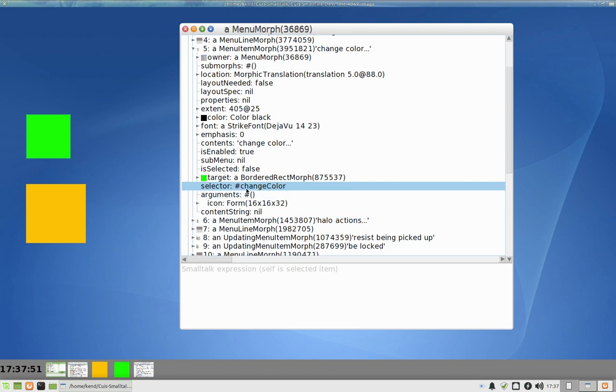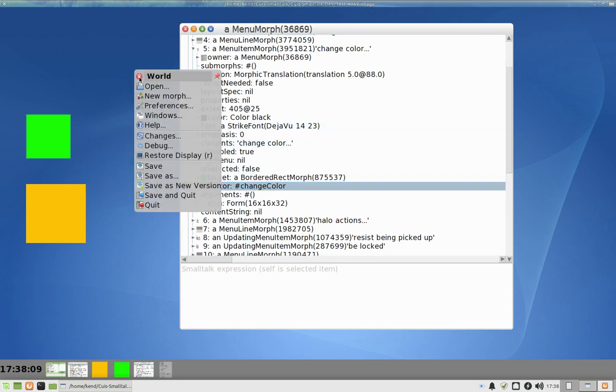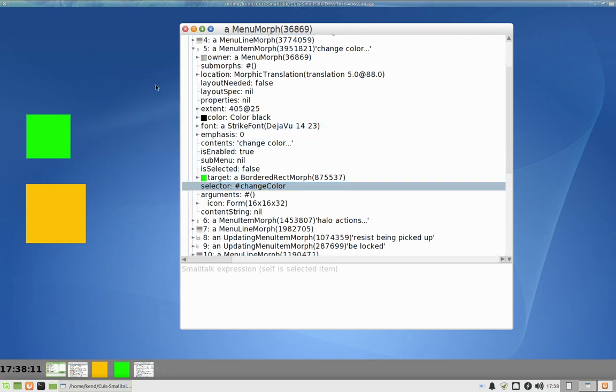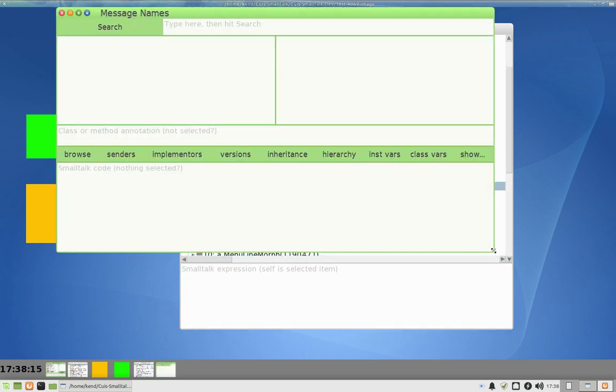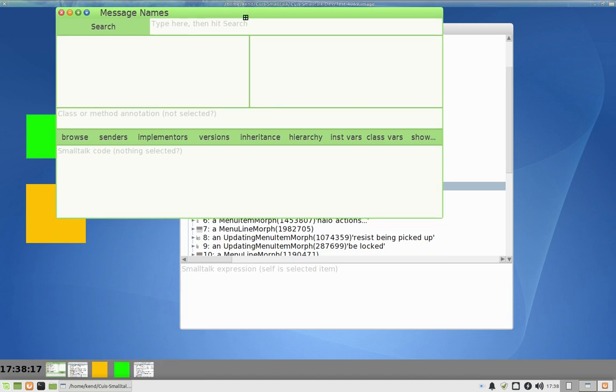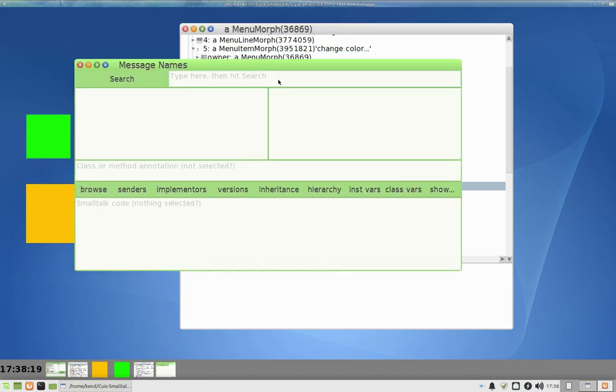Okay, so one would suspect that when you're selecting one of these methods to apply to this bordered rect morph, it has to change color, that the change color selector is what's being invoked. So let's figure out what that does, and to do that we're going to open a message names browser, and if we say change color in here,